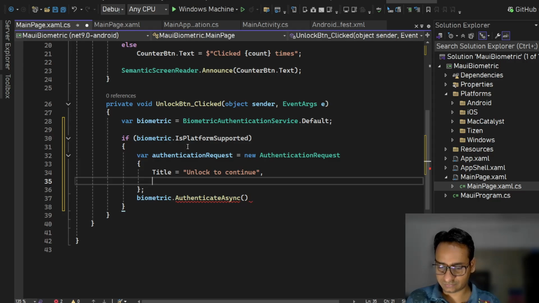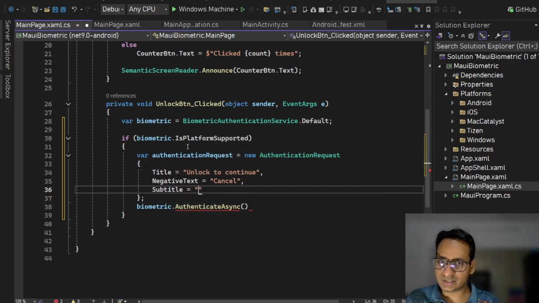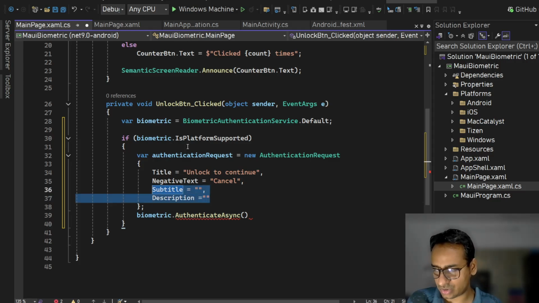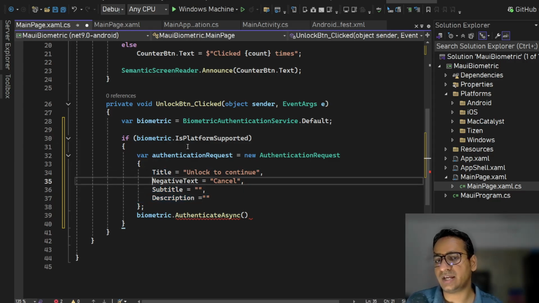Then we have negative text, that this is required for Android. So here we'll say just cancel. Then we have a couple of other options. You can play around with these. So subtitle, and we have one more, description. So these are on some platforms rendered, on some platforms these are not, so you just need to check. But title will always be there on all the platforms, so we should use title and negative text,